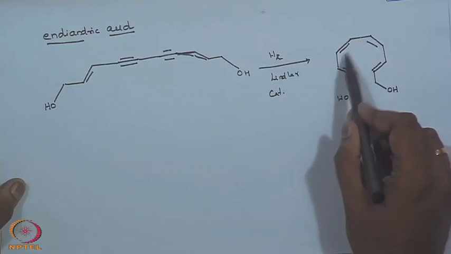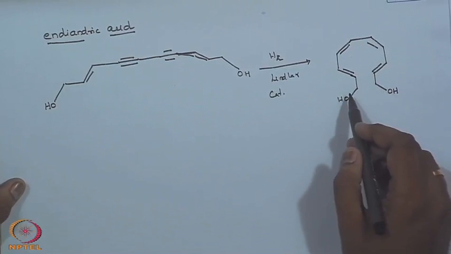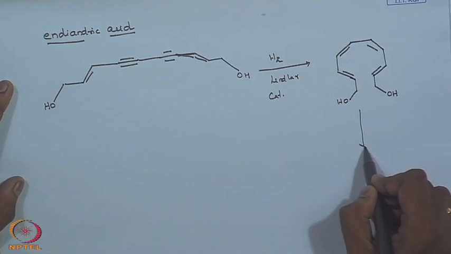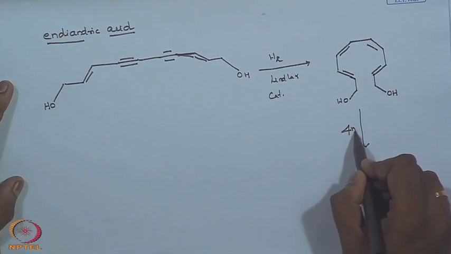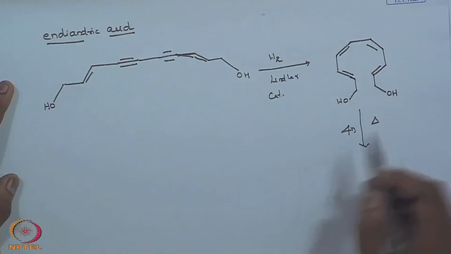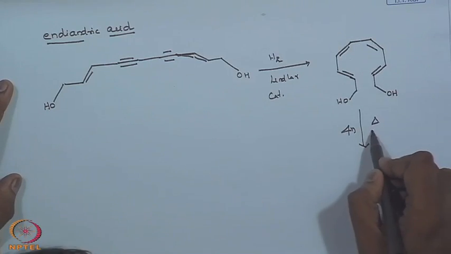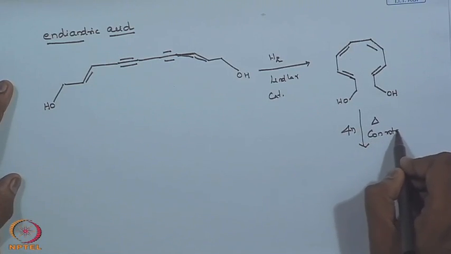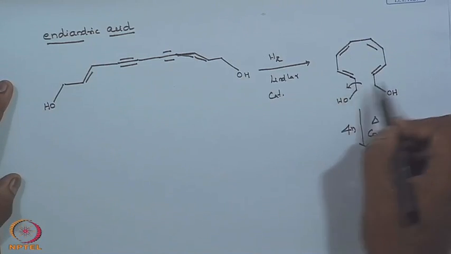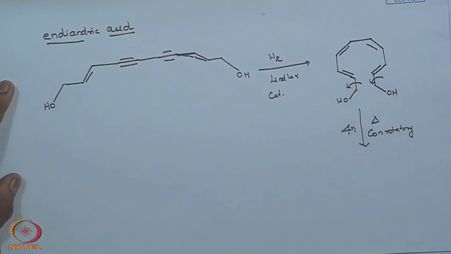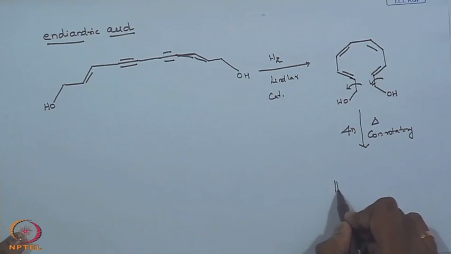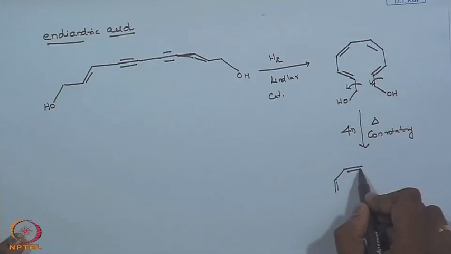Tell me. Yeah, it's an 8 electron system. So that means it's a 4n, so you can use your Woodward Hoffmann rule of 4n. If I heat this, so, what does a 4n system on heating give? Yes, conrotation, good. So it will be con, I can get nicely this relation. So, I can get a, so that is all.